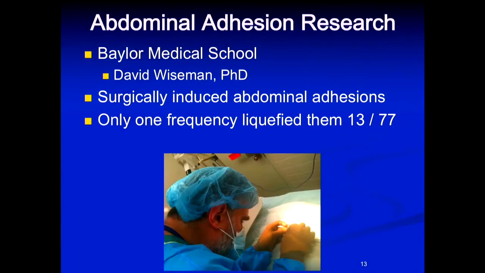Then we did abdominal scarring. It is a very difficult condition in patients with endometriosis and Crohn's disease that get adhesions in the abdomen. There's a researcher in Texas that does surgery on a rat and then causes an abrasion in between the cecum and on the abdominal wall. Then he puts them together when they're raw, puts a stitch in it, and closes the rat up and waits